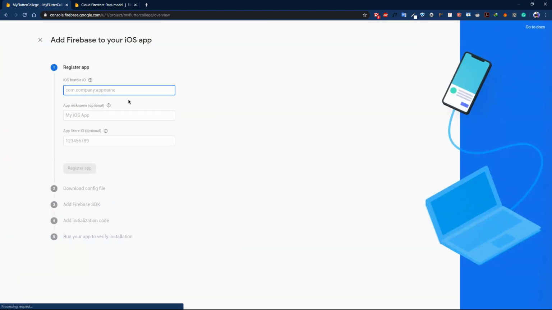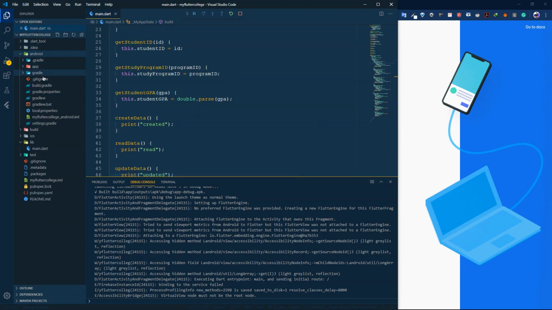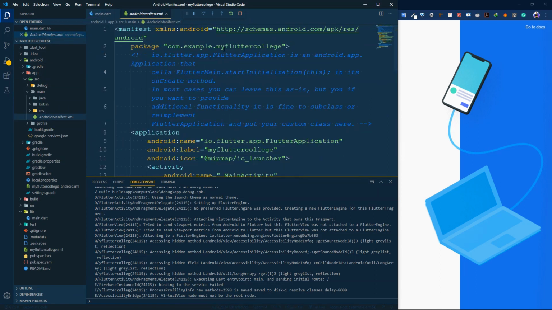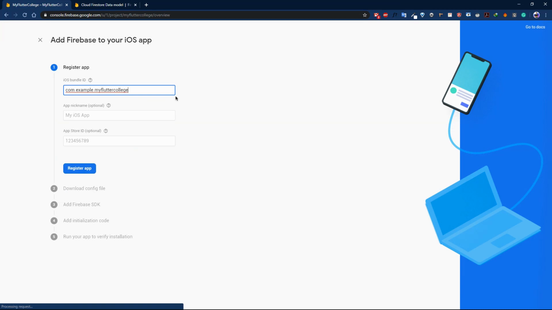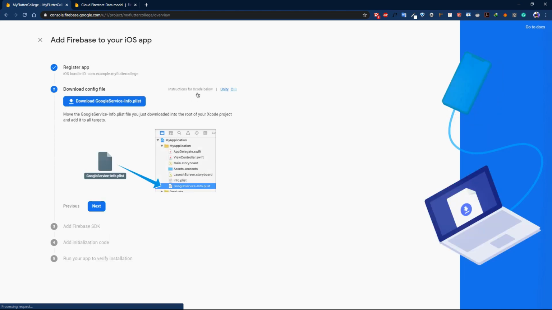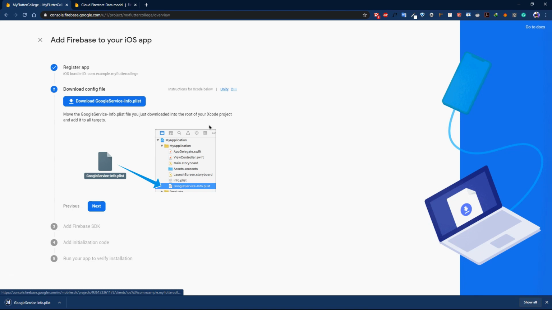And then for the package name, it's the same as Android, so we press here. So we check the Android manifest again, copy this, and paste here. And it's optional, and register app. And we need to download this GoogleService-Info.plist file, and then we need to paste this file